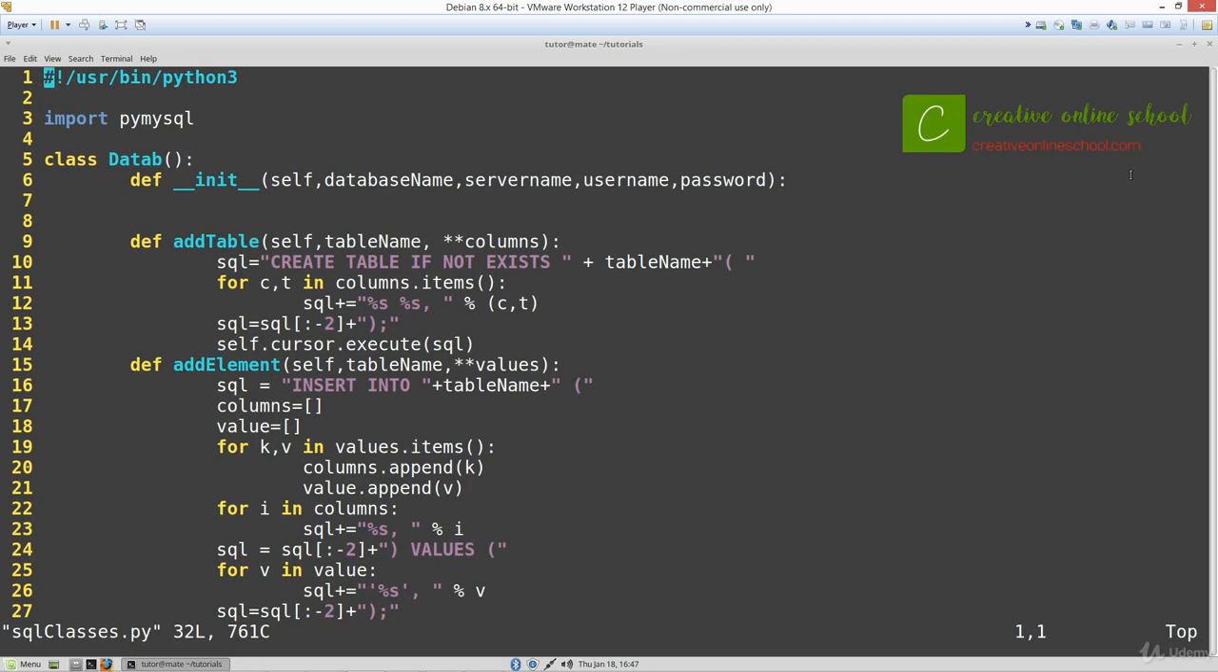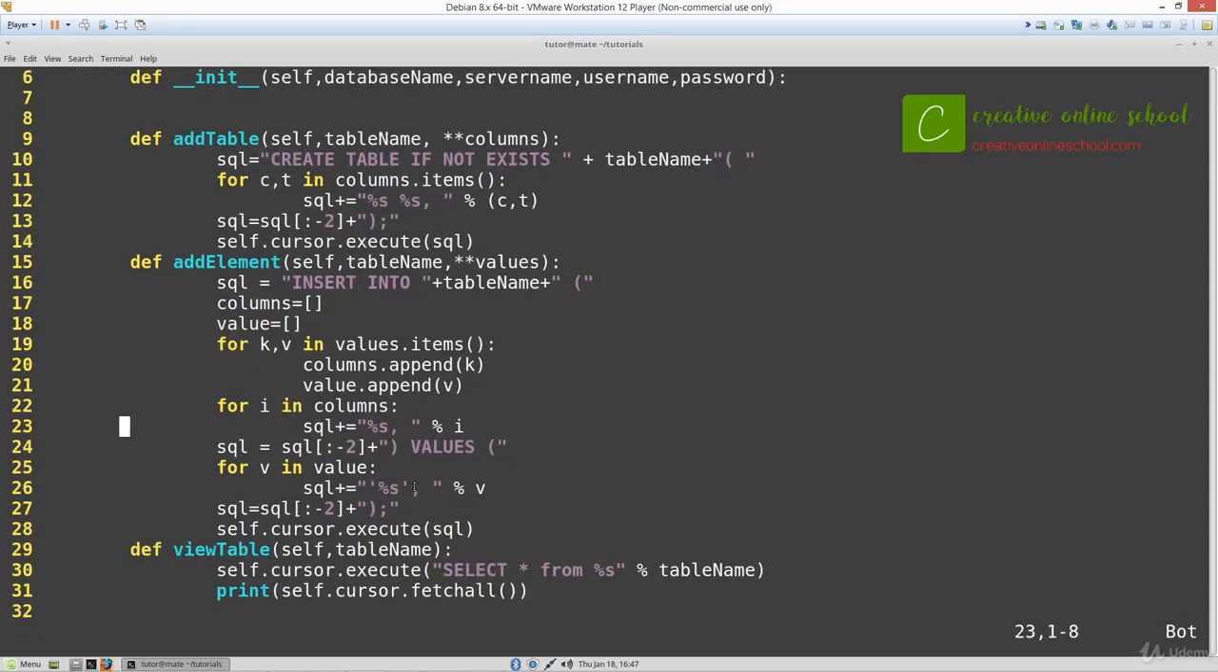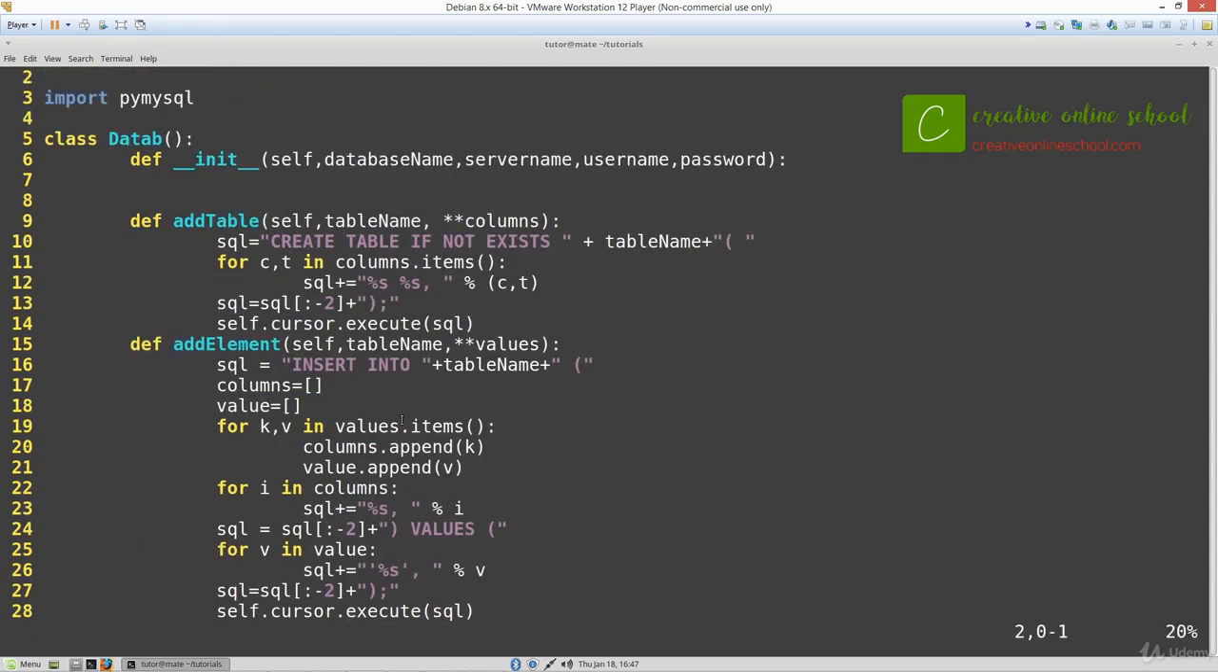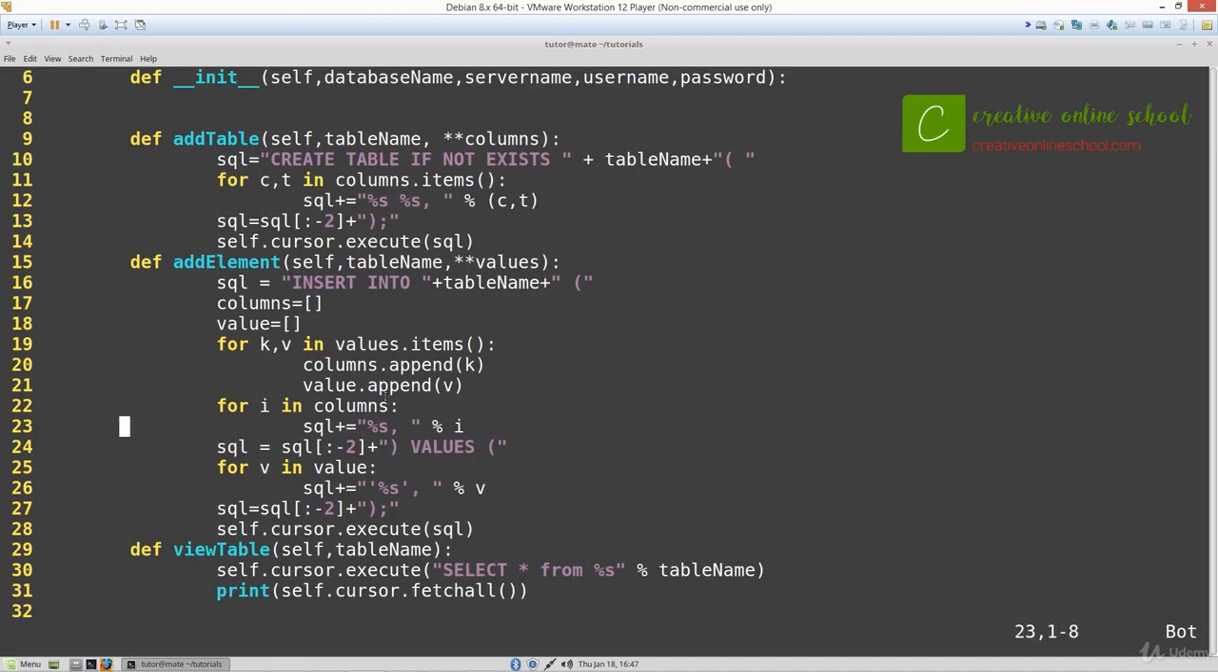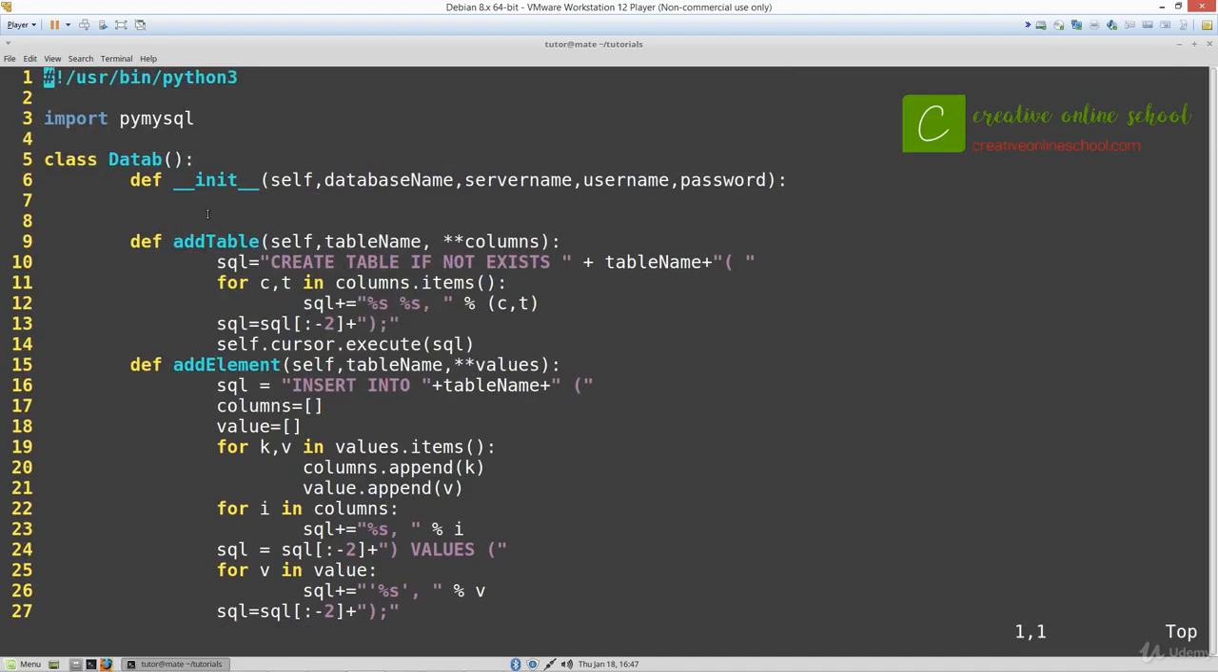What we're going to do inside of this script is create a class called dataB. What this dataB is going to do is set up the parameters for actually creating our database, adding tables, and also adding elements. And then we can also view a table. Again, if you need to, you can pause the video and copy this code so that you can get caught up. But I'll explain what the code does as I go through those portions of the